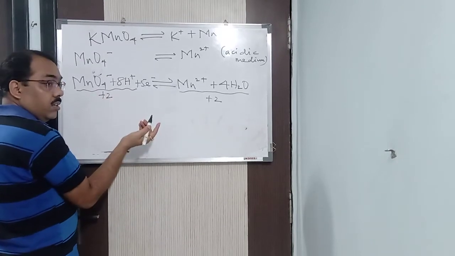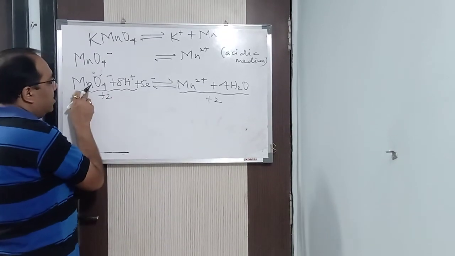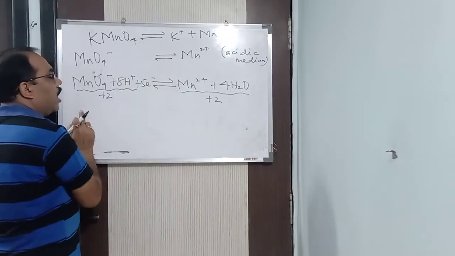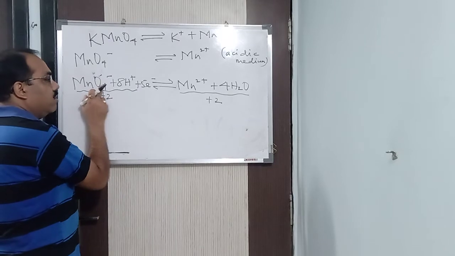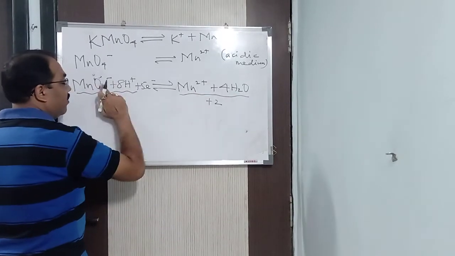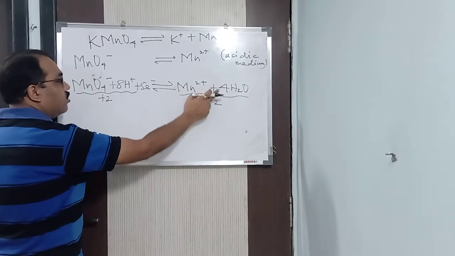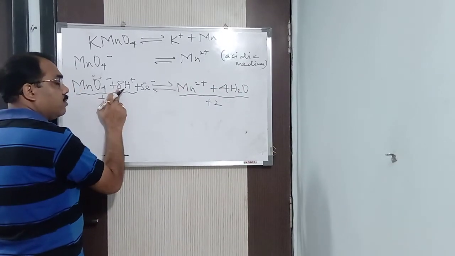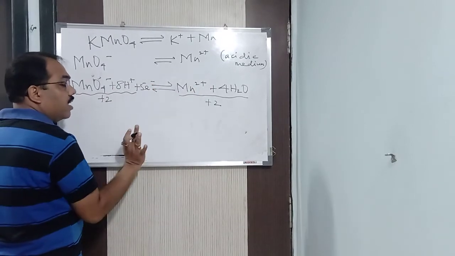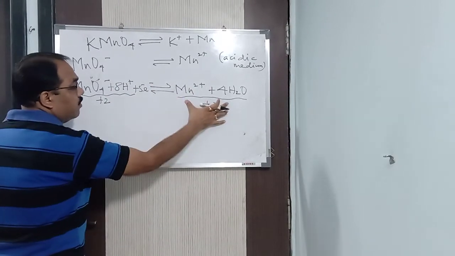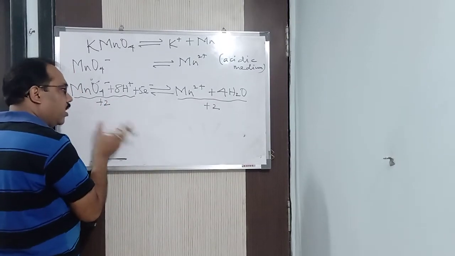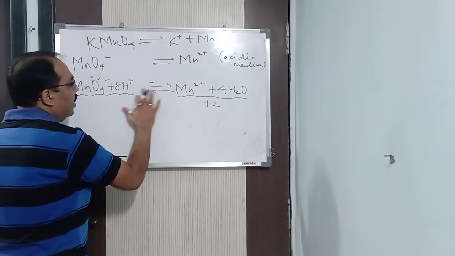See here. Once again I will tell you what I did. MnO4 minus to Mn2 plus, this is the question given here. How did I balance it? To balance oxygen, the same number of molecules of water: 4 oxygen, 4 water; 5 oxygen, 5 water. Same number. Done. To balance the hydrogen, what did I do? 8H plus. Here 8 hydrogens, 8H plus. Now atoms are balanced. I have to balance the charges. How did I balance the charges? This side how much is there? 2. So this side also I want 2. Alright. This side how much was there previously?